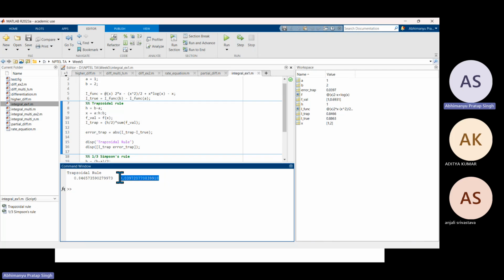Okay, so I am missing out on 0.04 of the total area. And this is okay, let me also plot the true value. So this is my true value, 0.8862. Okay,